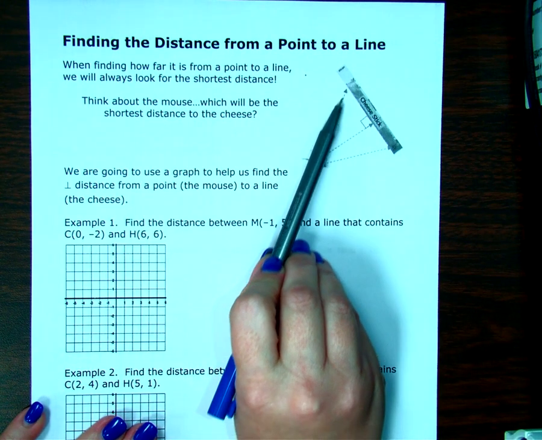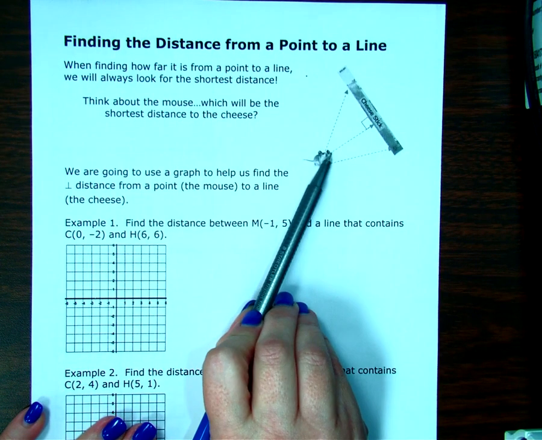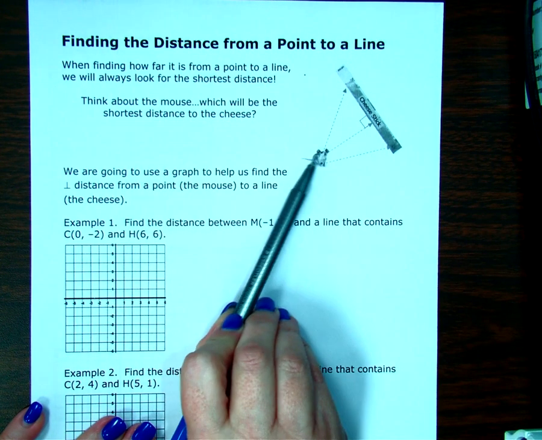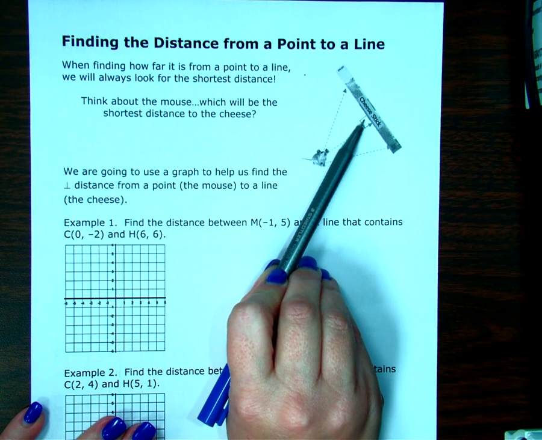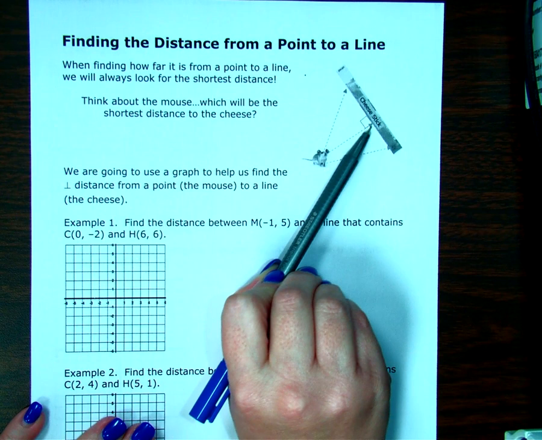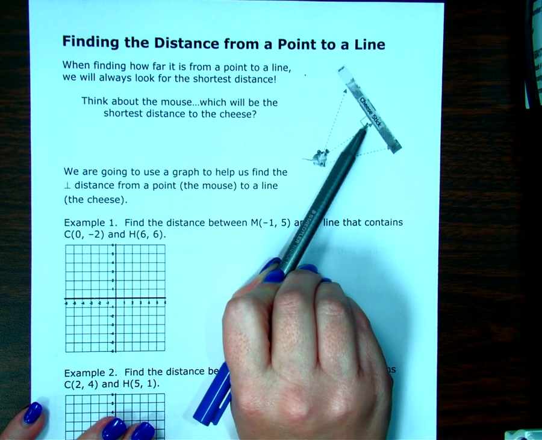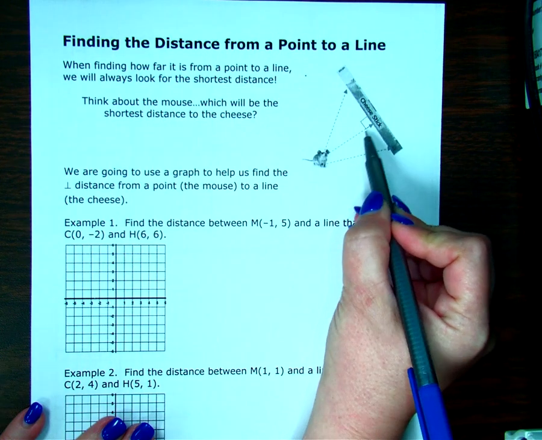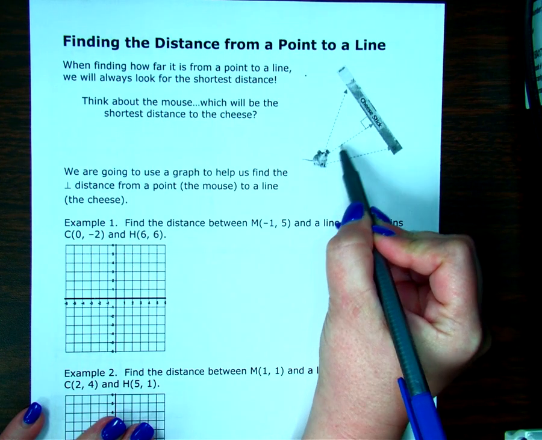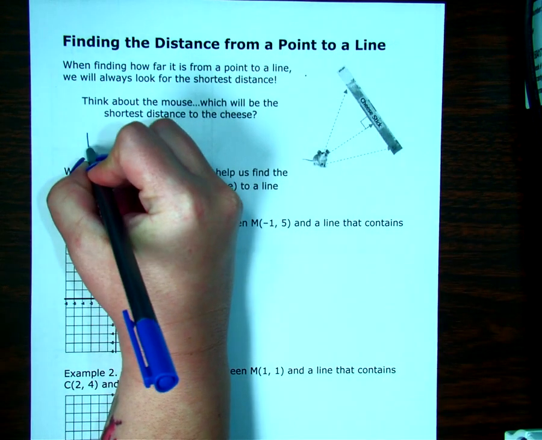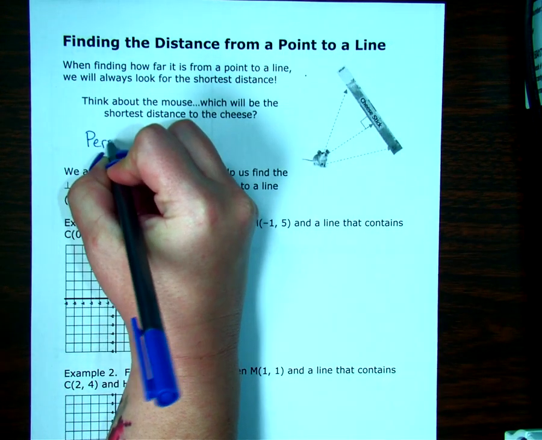If it goes to one of the ends, that's going to be a further distance to travel than if I go straight perpendicularly. Notice that little box there? That means I have a right angle right there. So if we go perpendicular towards the cheese stick, perpendicular means intersecting at a 90-degree angle, this one's going to be my shortest distance for the mouse to get to the cheese. Okay? So the shortest distance will always be the perpendicular